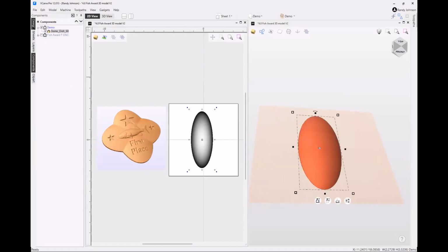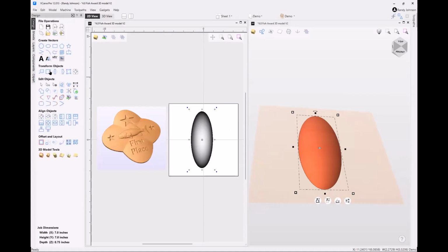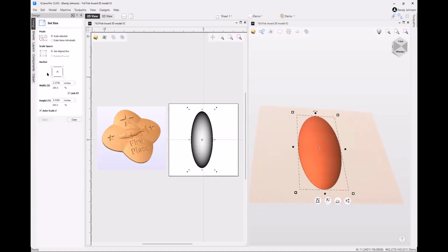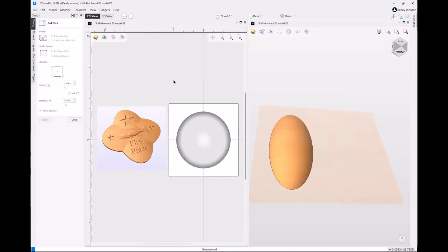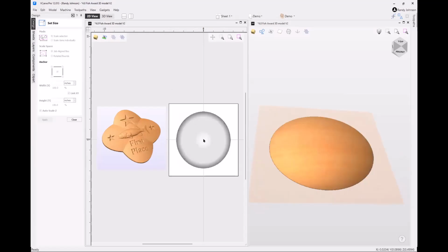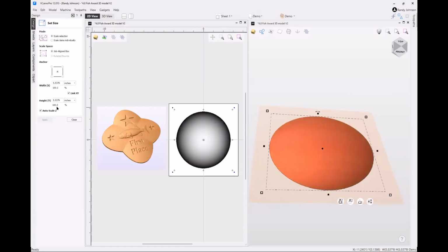And if you want to do it more precisely, you could go inside here and edit it. So I'm going to undo that shape back to where it was in the full circle. We made that a 1/2 inch thick. I want to make sure that 1/2 inch thickness is maintained. So I'm going to